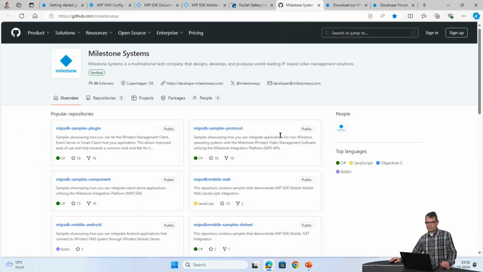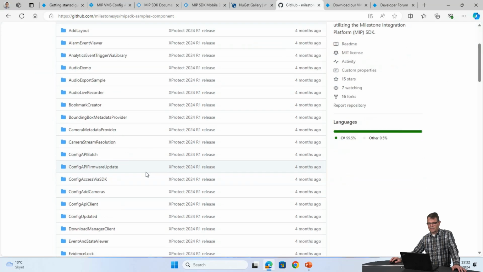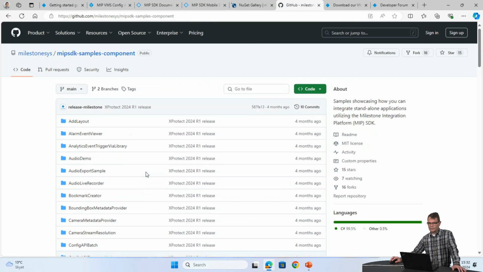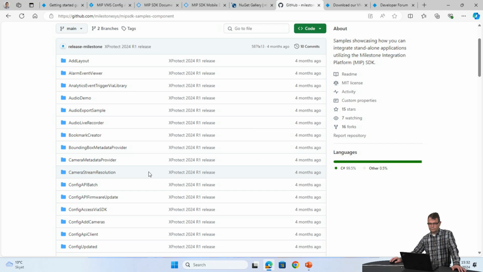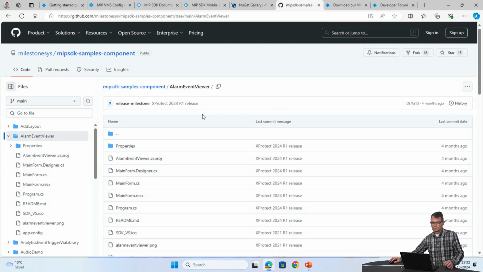Then I can find this here on GitHub. Generally, you can download the whole of the plugin samples or component samples in one go, or you can dive into it and take what you would like. So alarm and event viewer. Here you can see what it contains.